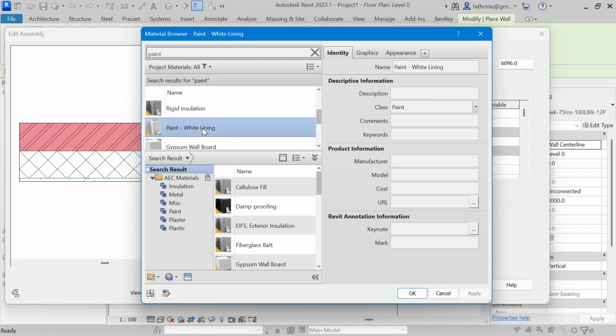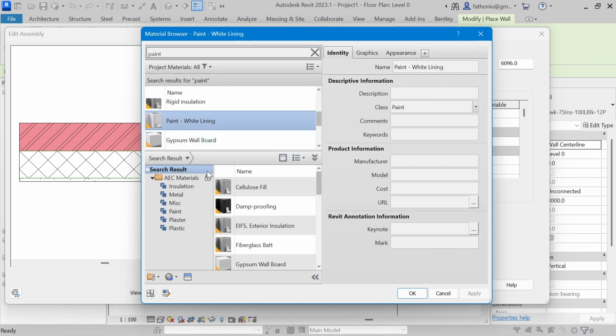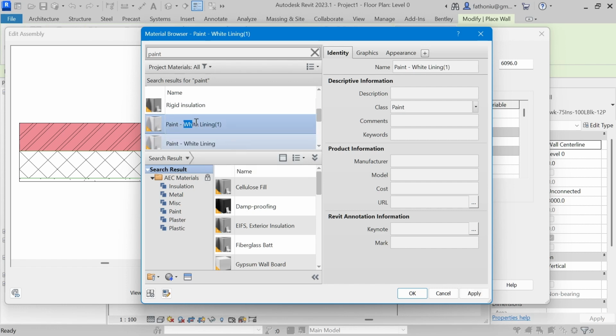So you select, and after that, if you want to change the color later on, change the color or change the type of the paint, then you duplicate, right click and duplicate material asset here. Then if you want to change this, external paint, so you type EXP like that,